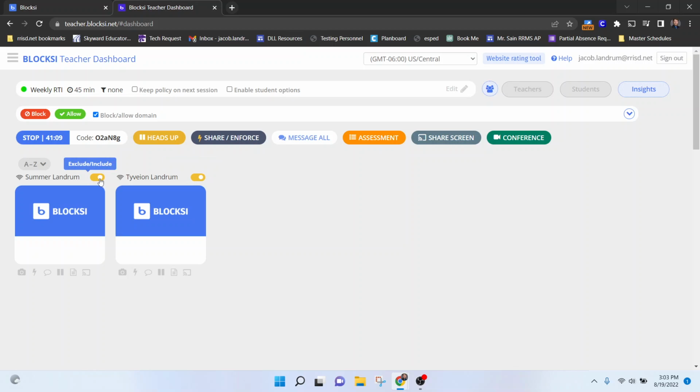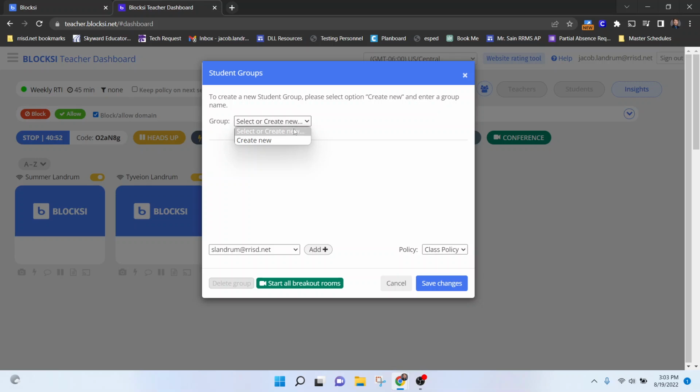The include-exclude buttons, basically, if I exclude Ty here and then I do this heads up, it will prevent Summer from doing anything, but Ty is still free to keep doing whatever he's doing on his device. You can do this quickly if you know who you want to affect by clicking this group button and creating a new group. So I'm going to call this group,